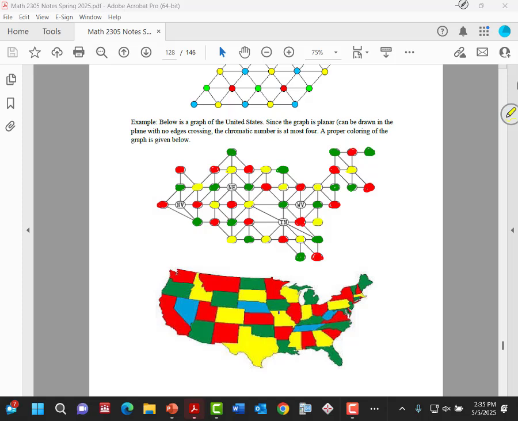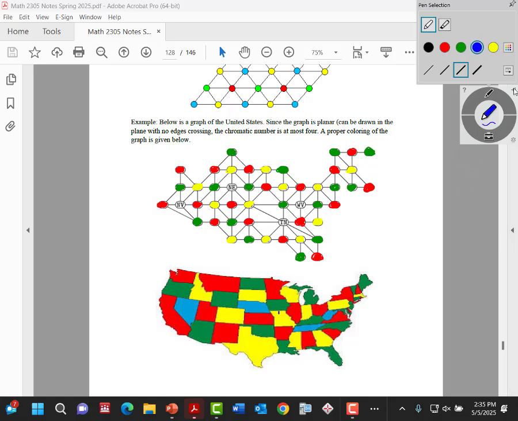Notice still, no two states are adjacent to one of the same coloring. So that leaves a fourth color